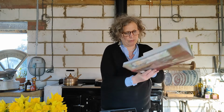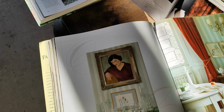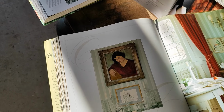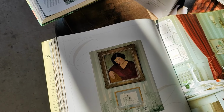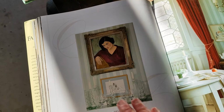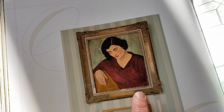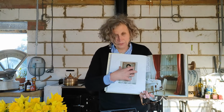So in this Farrow & Ball picture, I was really drawn to this picture, and it's got this really lovely acidy greeny yellow, which isn't dissimilar to Trumpington, a bit more green. And then there's this lovely burgundy colour as well. So I think that's my starting point. Really do think this could be